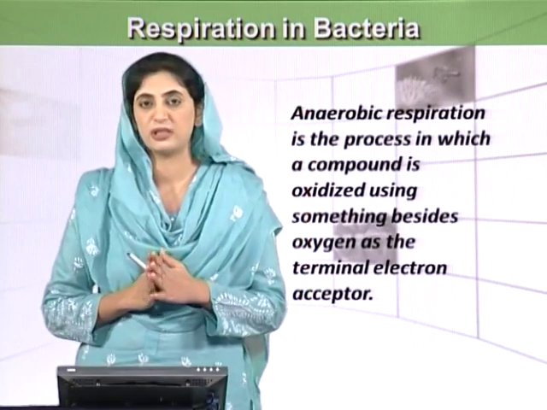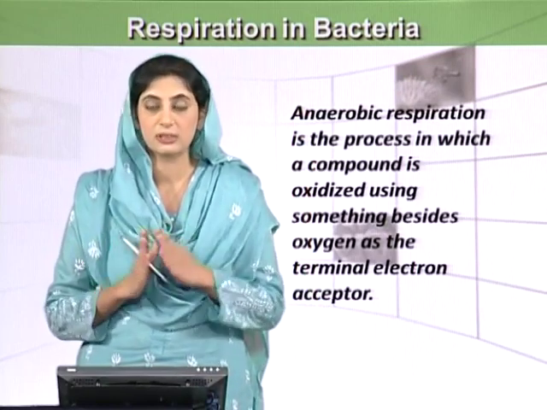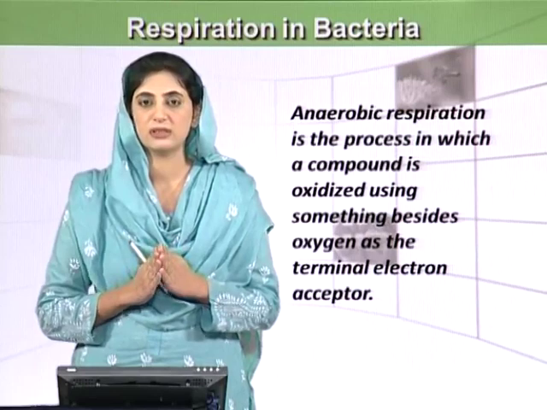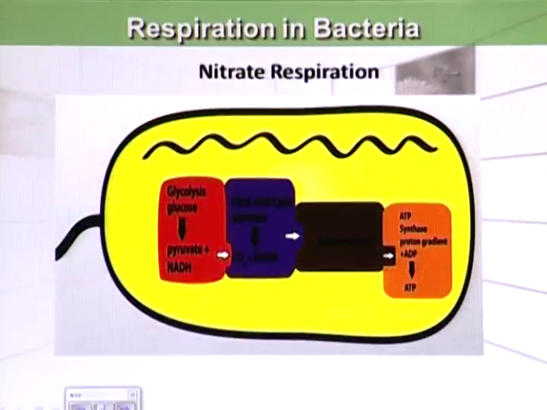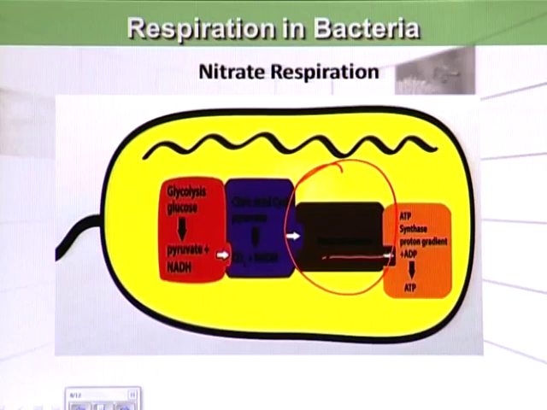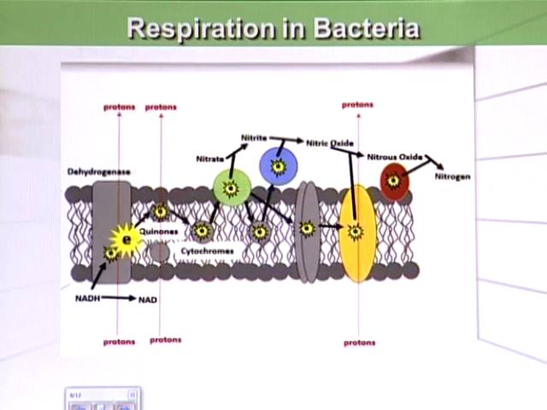The other type of respiration is anaerobic respiration. It is the process in which the compound is oxidized using something besides oxygen as a terminal electron acceptor. For example, there is nitrate respiration in some bacteria, and here we can see that instead of the usual electron transport chain, there is a step which is nitrate respiration, and it is different from the usual electron transport chain in aerobic respiration. Here you can see that nitrate is converted to nitrite and then nitric oxide and nitrous oxide, which is then